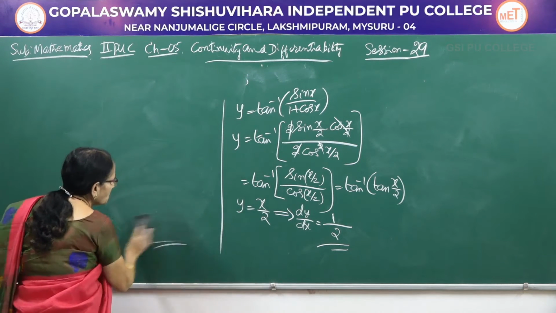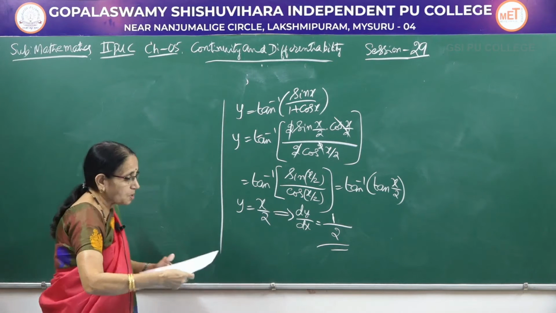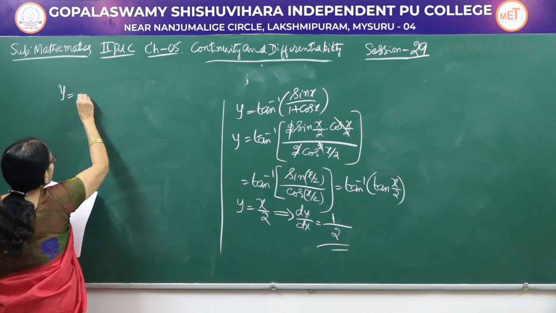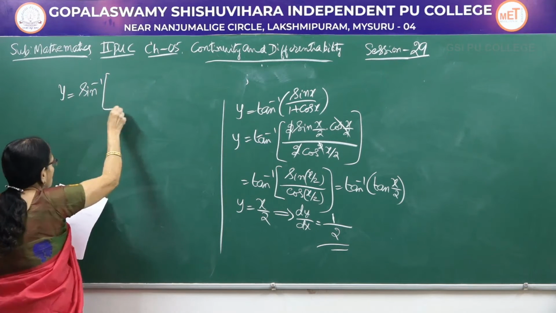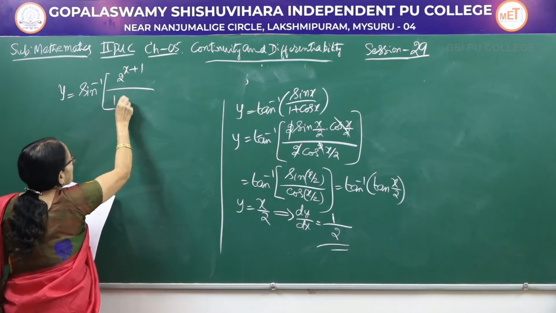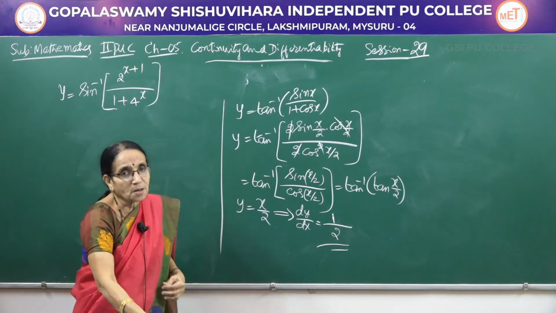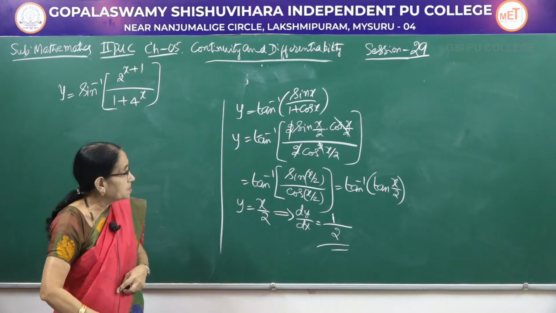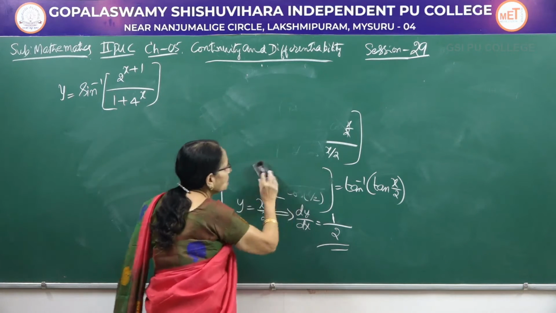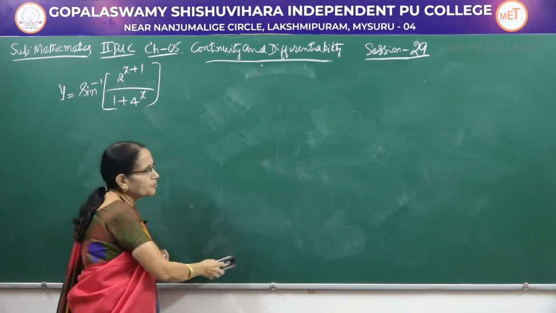Now, in the next problem also it is the same thing, but here we have to make an assumption. This is a little bit complicated function. Here y is equal to sin inverse of 2 to the power x plus 1 divided by 1 plus 4 to the power x. See, they are not asking for any particular answer here, you have just been asked to find the derivative of this one. So, here also I am having sin inverse. Of course, inside the bracket it is a complicated function.